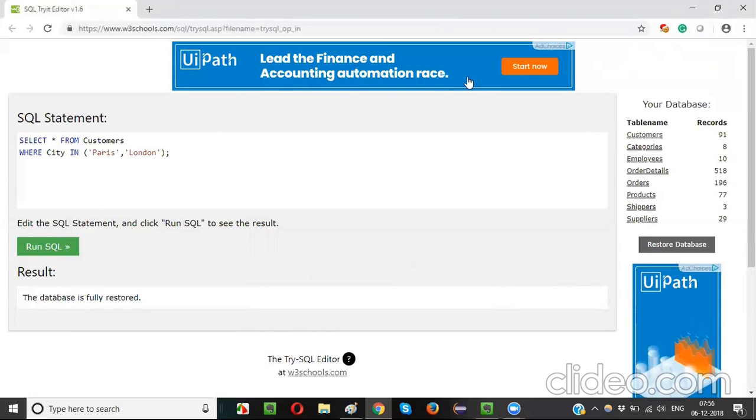Guys, you can see something here. This W3Schools is providing this online tool which will help us in practicing the SQL statements. Here is where you provide the SQL statement, and when you run it, you will get the result. That's what this tool will do. And apart from that,